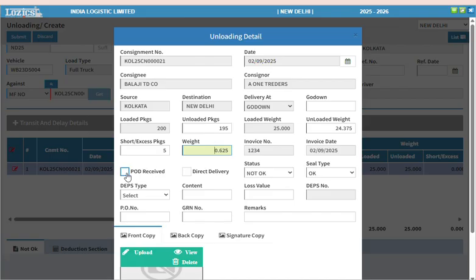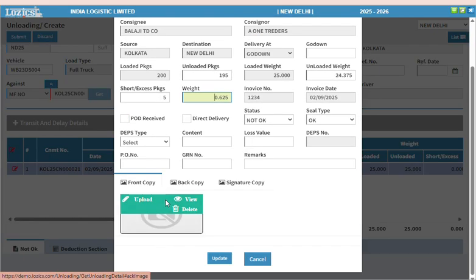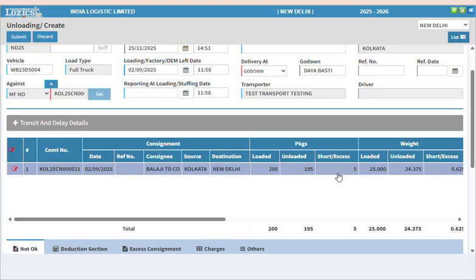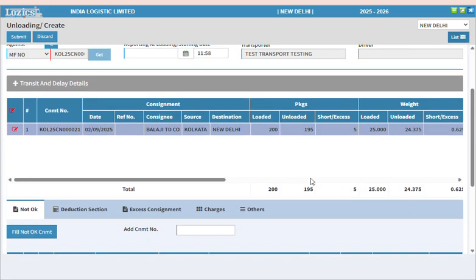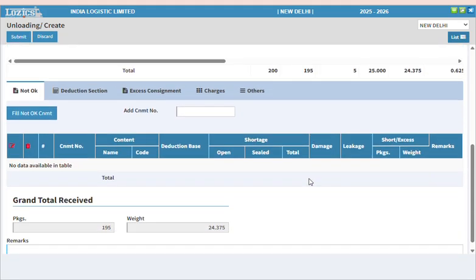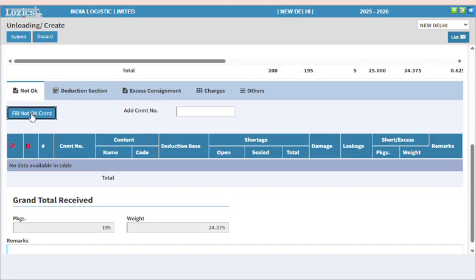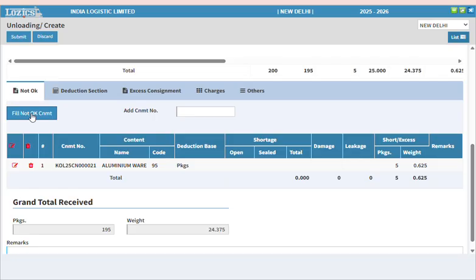Later, in that case, they put POD received here, and they can also upload a scanned copy of this signed copy of the update. This has been updated here, and you have a shortened access given 500, and this is accordingly changed. Now, what is most important here is not consignment, not okay, meaning defective or shortages. And when you click it here, update it, you get this: on this particular consignment number, there are 5